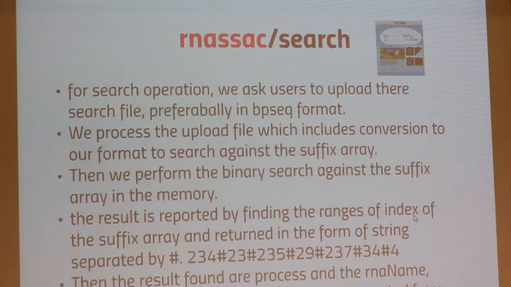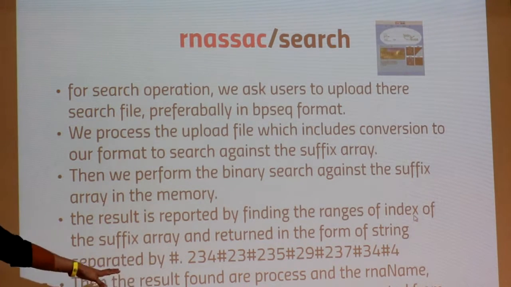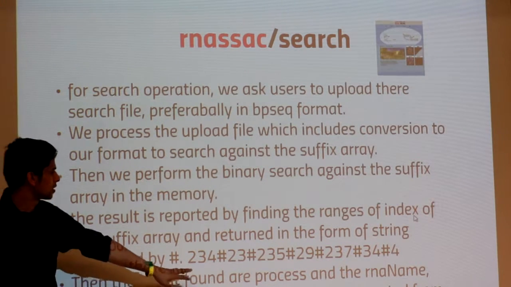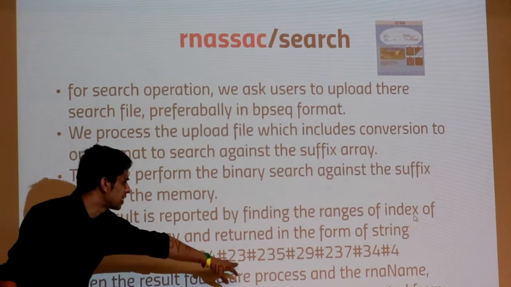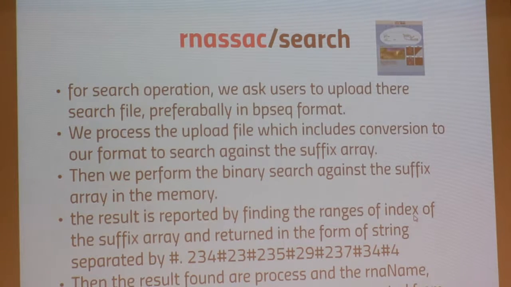For search, we ask the user to upload a file, and it has to be a certain format right now, like maybe Rnassac. Once we get that file, we convert it to our format, process it, perform the search against our suffix array, and then collect the results. Here is an example of one of the results. It will return the indexes of those RNA and the indexes of the matching structure, and then we use those indexes to find the RNA in the array, and then we pass it to